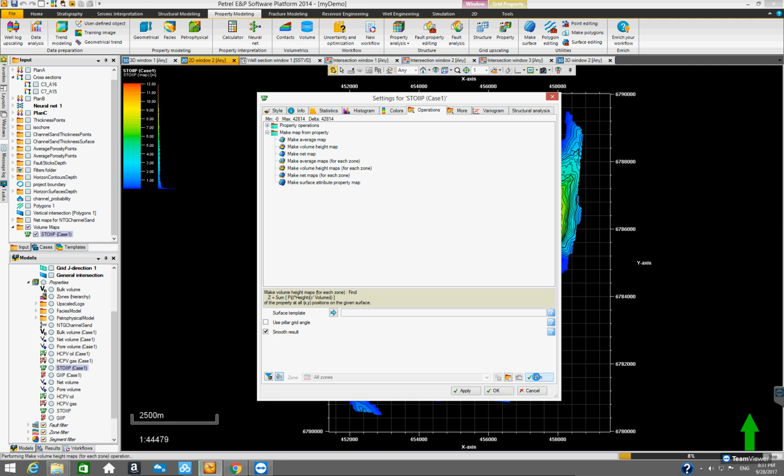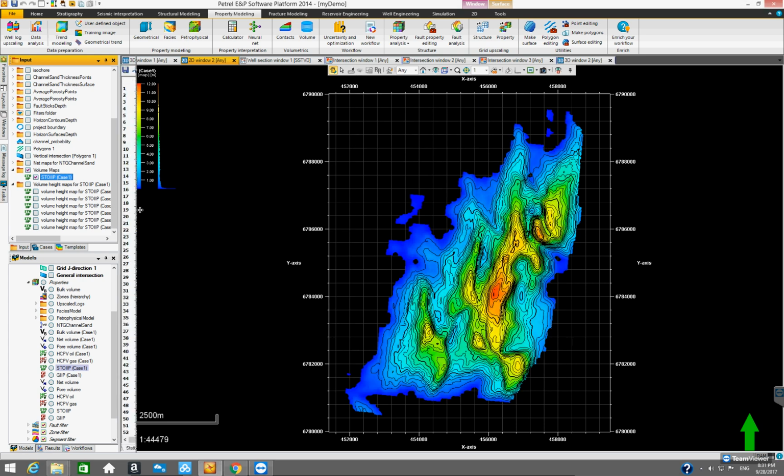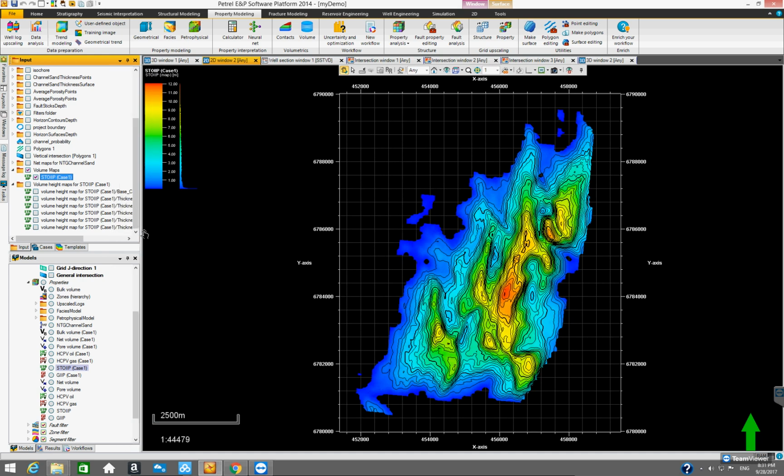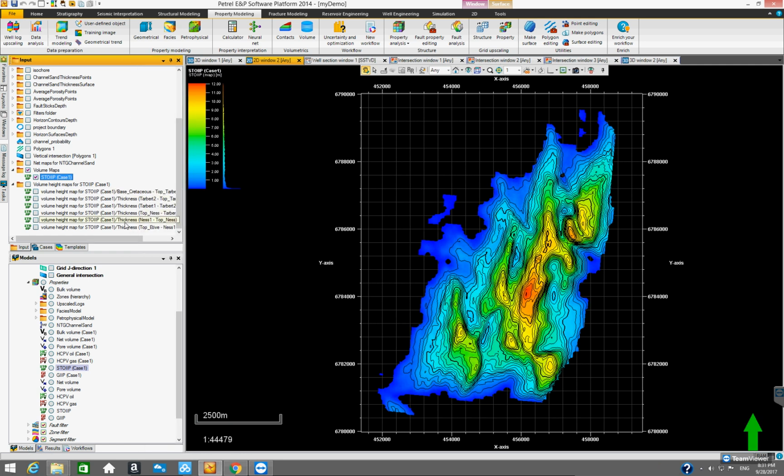And at this point, we can just click on run. And then we're going to see another folder that's called volume height maps for STOIIP, right? And then we're going to have like 6 different maps, one for each zone. Right. Let's close this dialog box. The file name actually is named according to the zone ID, zone name basically, right? So if we would like to display them,